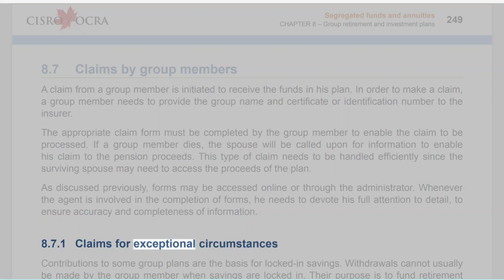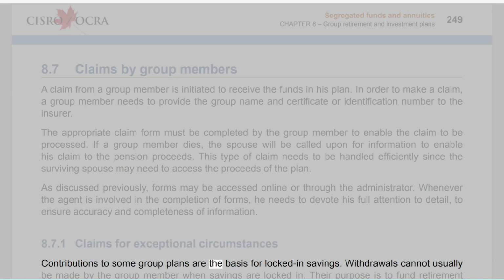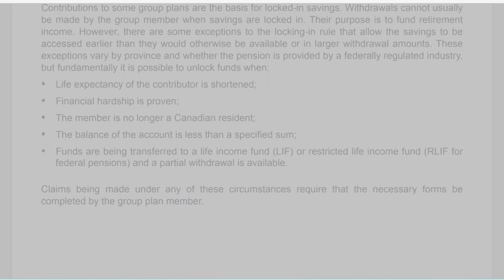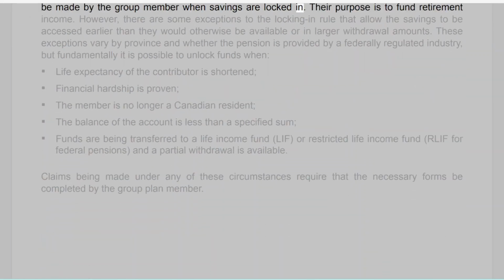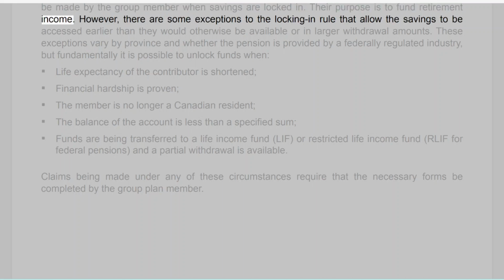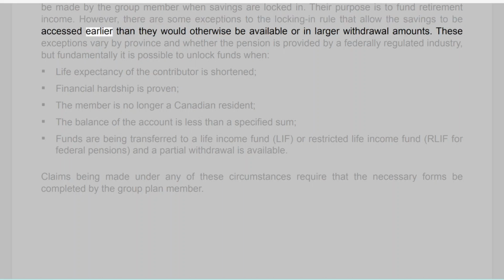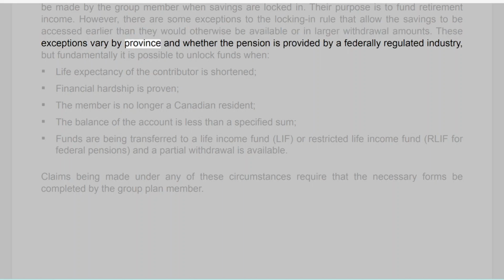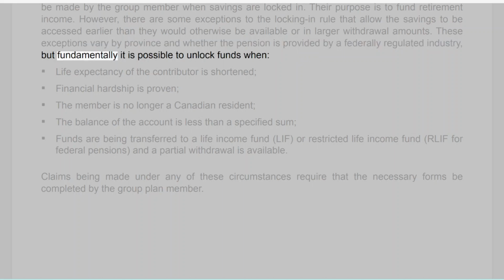8.7.1 Claims for exceptional circumstances. Contributions to some group plans are the basis for locked-in savings. Withdrawals cannot usually be made by the group member when savings are locked in. Their purpose is to fund retirement income. However, there are some exceptions to the locking-in rule that allow the savings to be accessed earlier than they would otherwise be available, or in larger withdrawal amounts. These exceptions vary by province and whether the pension is provided by a federally regulated industry, but fundamentally it is